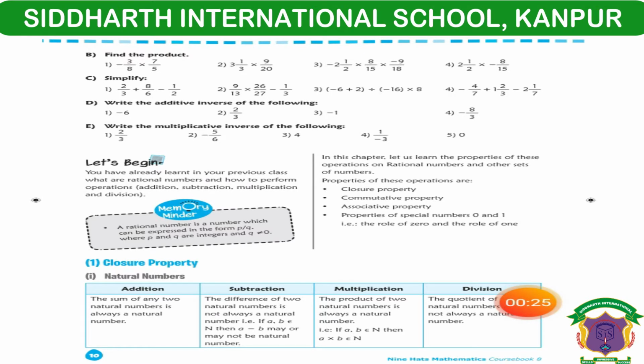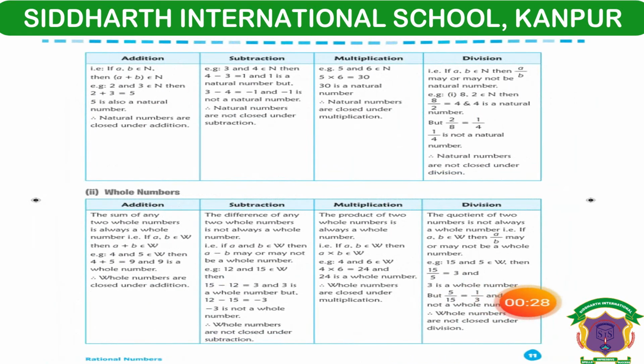Children, now we are going to quickly check this property on whole numbers, the set of integers, and rational numbers. Let's begin with whole numbers. Children, you have to remember that the only difference between whole numbers and natural numbers is that whole numbers include 0. So the major properties of natural numbers match with whole numbers, especially the closure property. So addition, just like natural numbers, if you add two whole numbers, the result is going to be a whole number, while if you subtract two whole numbers, the result can either be a whole number or not be a